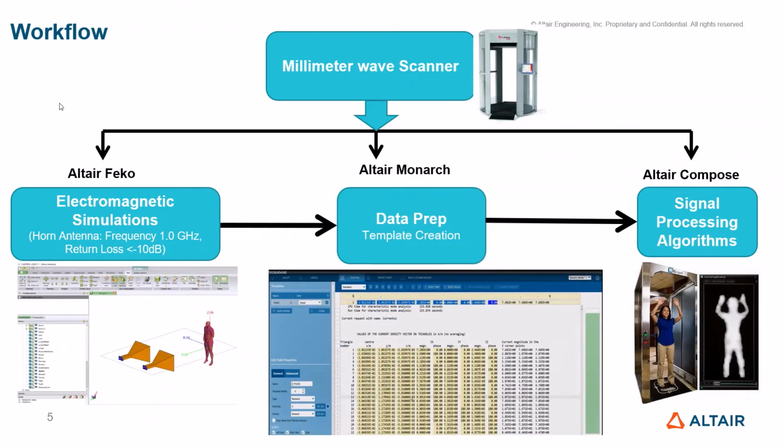Okay, workflow. You see over here, just the same thing as we had in the previous slide. All the simulations were done, and we'll be creating a template using Altair Monarch Data Prep Studio. We are going to create a template and export the Excel sheet. And once we have the Excel sheet of data with the position and transmission, reflection coefficients, or reflected power,